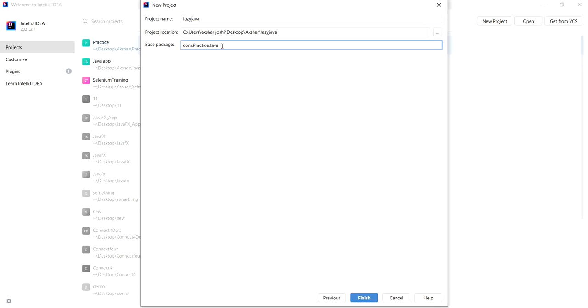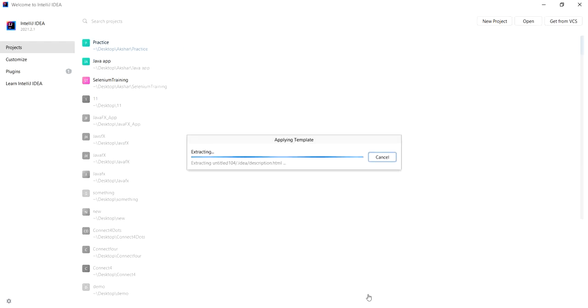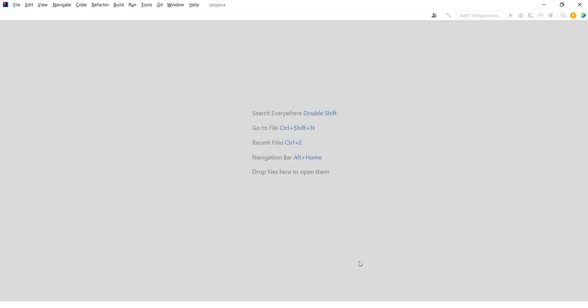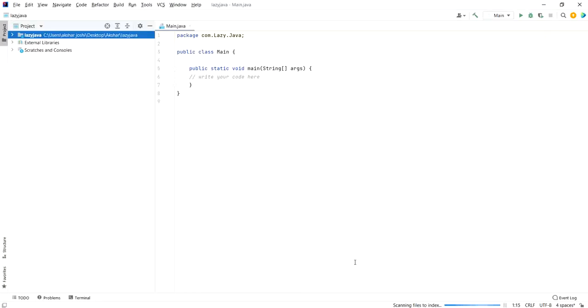Package is something that you can define on your own, so let's say com.lazy.java. So here you have your environment to write a program.